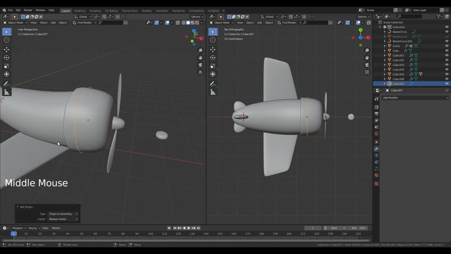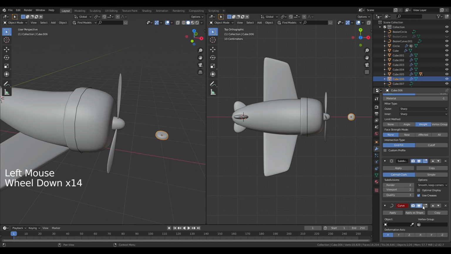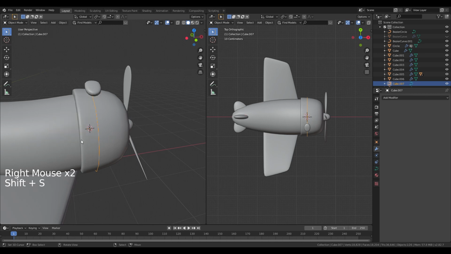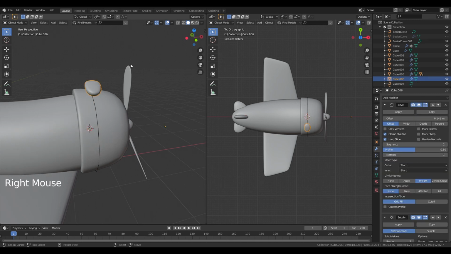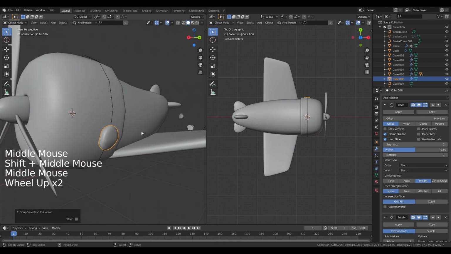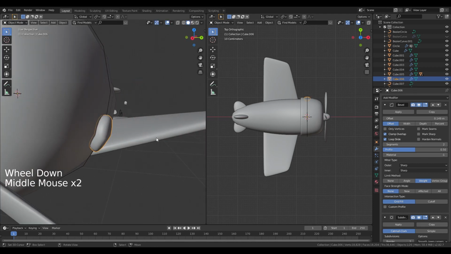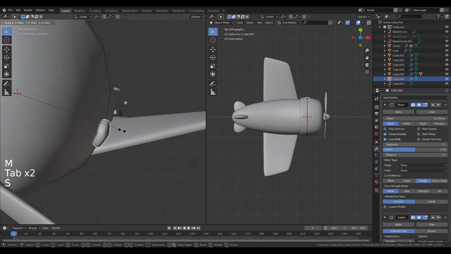And now if I want to use this curve, go into my rivet, add a curve modifier, and now I want to select with the eyedropper the curve that I've just created. I want to select my curve, Shift S cursor to selected, and I want to select my rivet, Shift S selection to cursor, like so. So it follows the curve properly. Now that I have my rivet over here, I just want to scale it down,